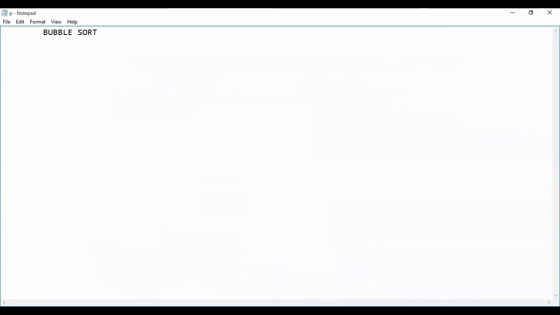See, it will be like this: 0 0 0 0... 0 0 1 1. This is the binary equivalent of 3. So when you rotate right, this bit will come out, which means it will be stored in the carry bit. Suppose this comes here and is placed in the carry bit. This is acting as the carry bit.